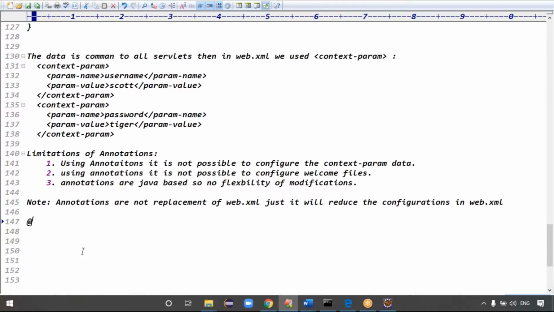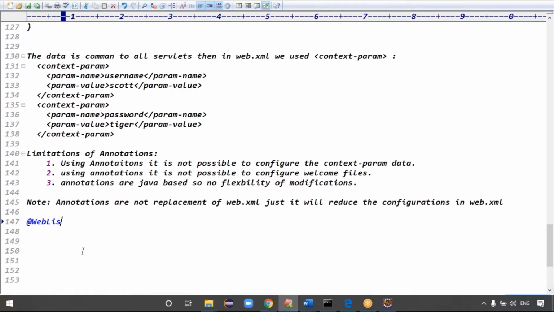Sir, actually, how many annotations are used frequently in real-time projects? See, guys, I explained everything is annotations. If you take Spring applications, web.xml file, nothing. Mostly we never write code in the web.xml file. Everything is Java-based configurations only, nothing but annotations. Like Spring classes, Hibernate classes, web services classes, we never use web.xml files. Everything will go for annotations. Depending on the application, it supports n number of annotations. Okay. Is there any other questions?